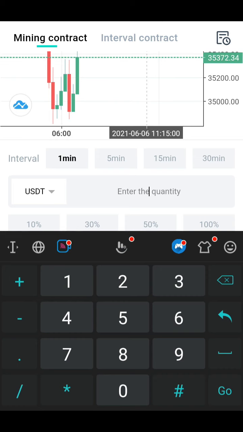I always prefer to trade at minimum risk, right? But before I continue this video, I'm not in any way a financial advisor, so you can trade with whichever value you want to trade with, right? So I'm gonna actually go with 0.1 USDT, right? So after that, you observe